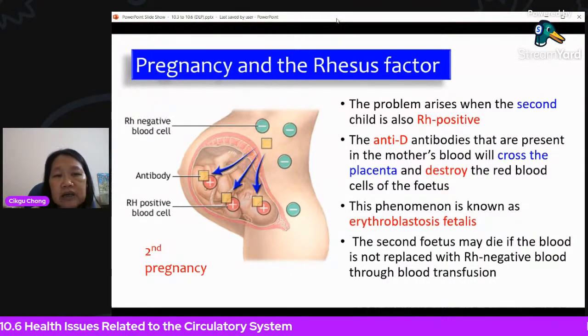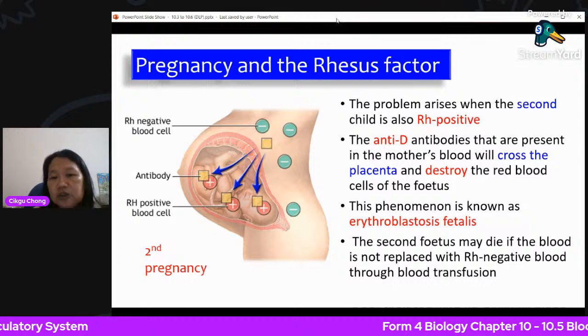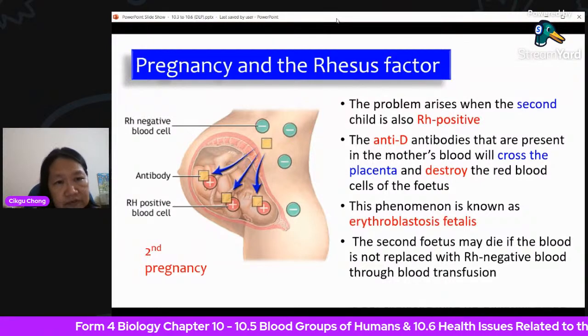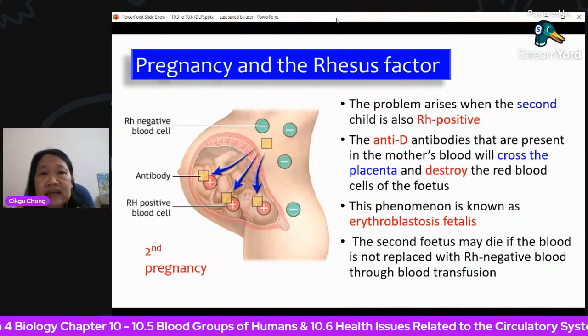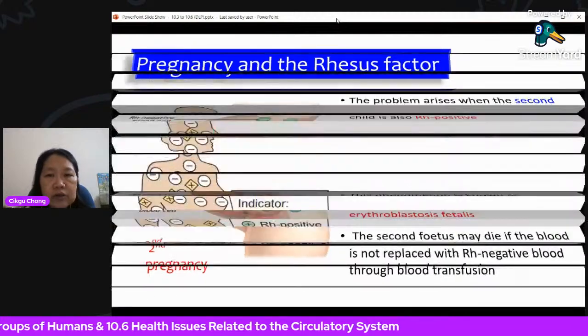Either you do a replacement of the blood of this fetus through blood transfusion. You change the blood of the positive baby with the negative. I don't know how it's done now. It sounds very complicated. But another thing that can be done is you give the